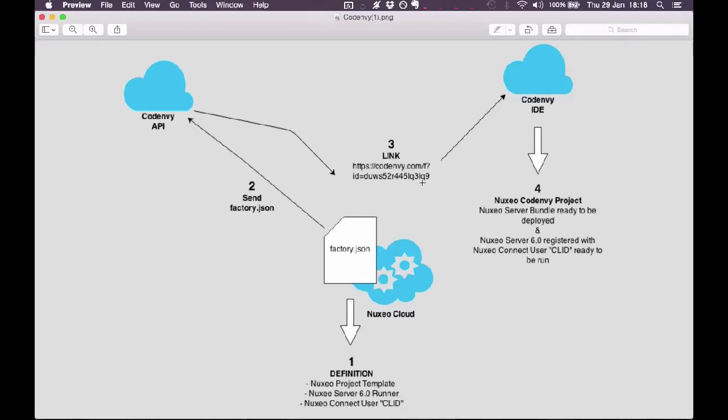So our first goal was to say, okay, we're going to begin with the factory, because the factory provides lots of features that you can instantaneously get in order to run a bundle, so a jar or project, in a Nuxeo server quickly. So just to explain the big picture of the factory process, you have a factory.json that I'm going to show that gathers all the information you need, like the project template that you're going to fetch from a GitHub repository, the Dockerfile that is going to deploy and run your custom server into Codenvy